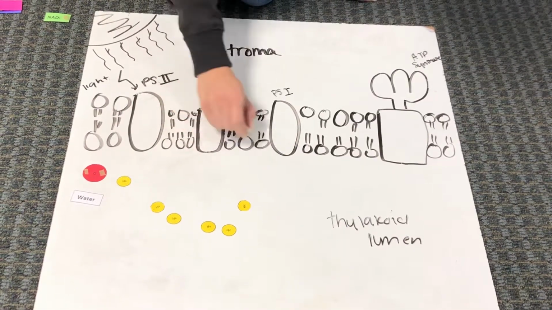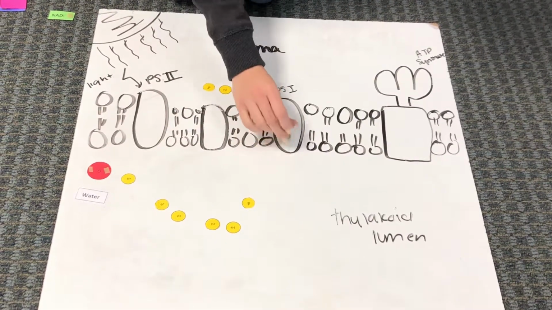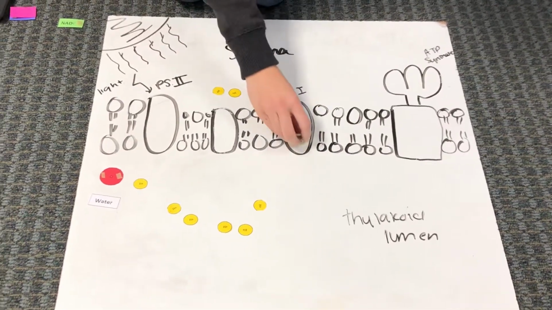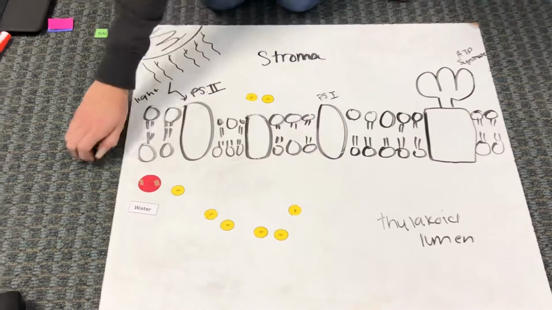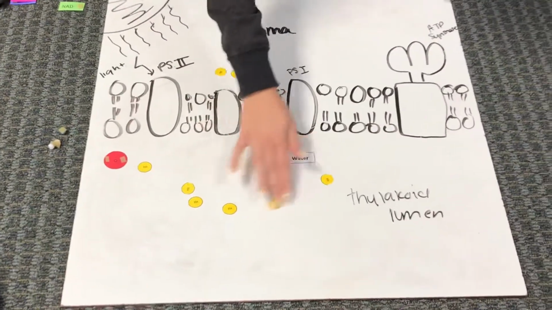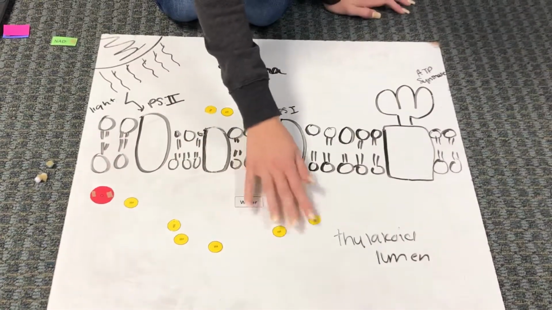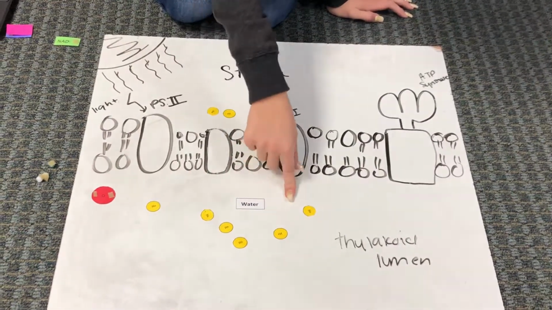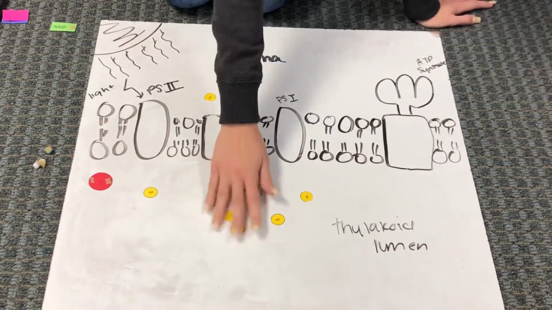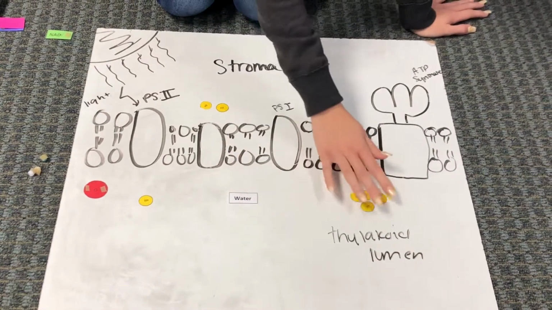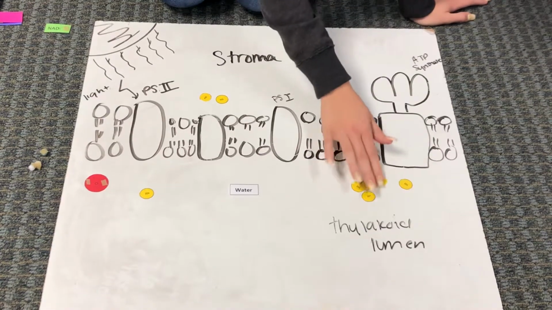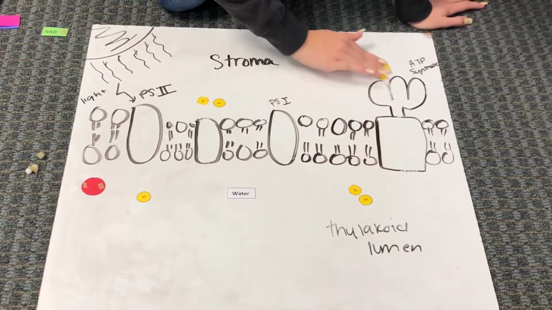These electrons keep going, and when they reach photosystem 1, light once again goes through, and the process happens once again. So we're going to have another water. Hydrogen is going to split again, again adding to the concentration gradient. And then, because there is a high concentration gradient, hydrogen is going to look for ATP synthase so that it can move through. So a few of these are going to move through,